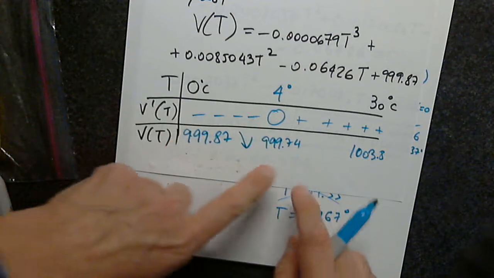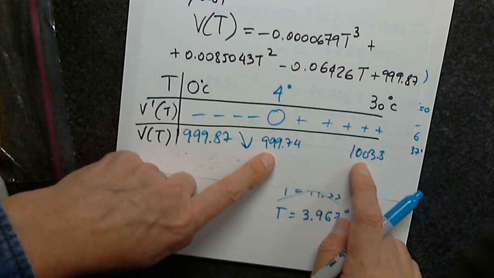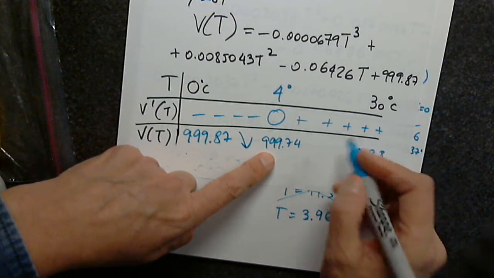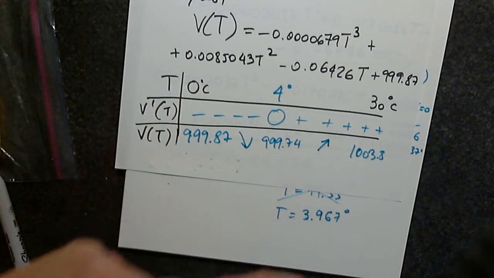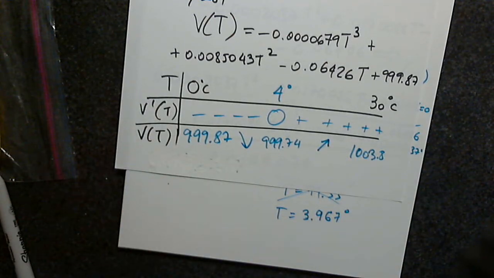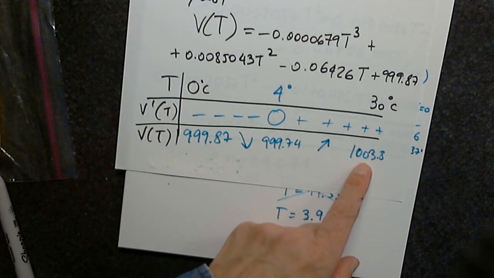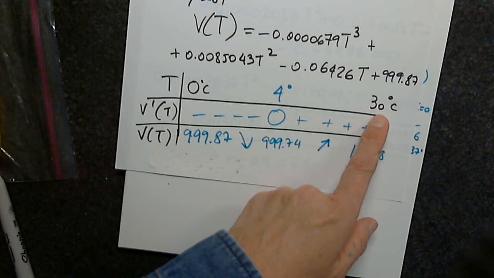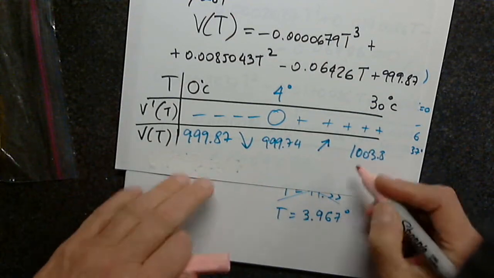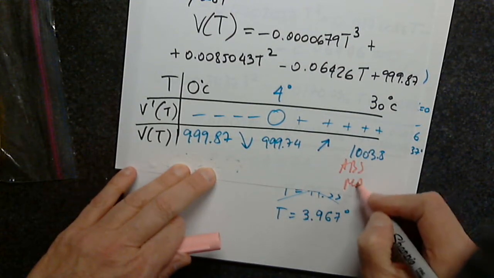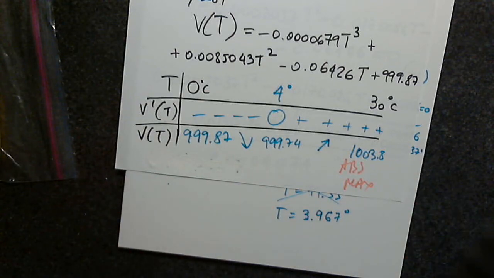From 999.74 to 1003.8, the function is increasing. So the question was, find the temperature at which water has its maximum density. At 30 degrees. So this is the absolute max, of course, on the given interval. I don't know what the function does outside of that, but on the